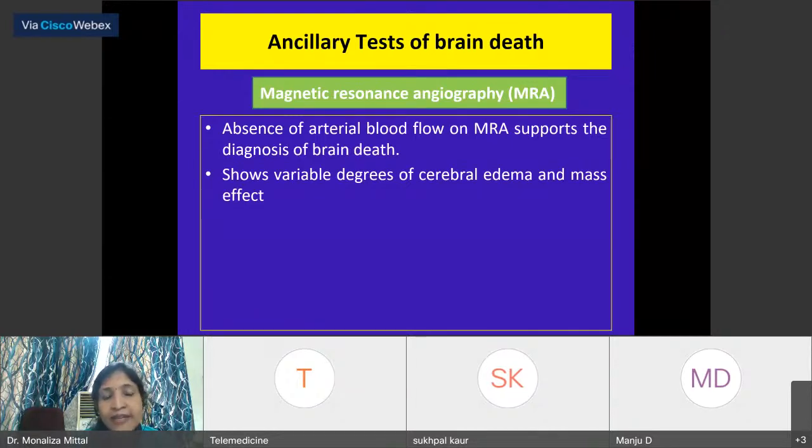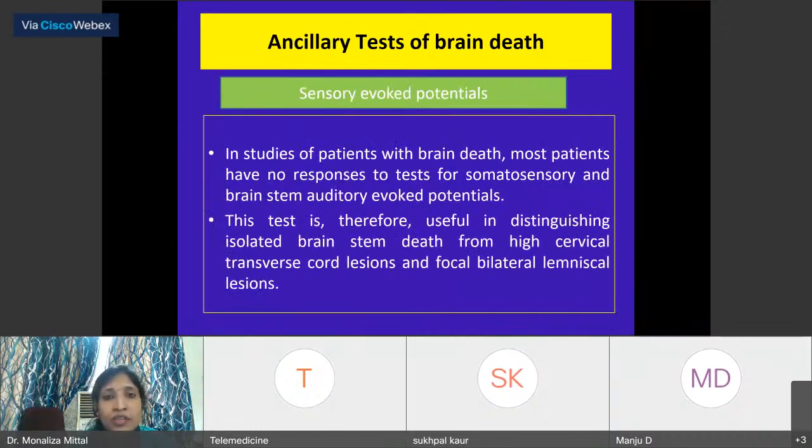Then MRA, that is magnetic resonance angiography. Absence of arterial flow on MRA supports the diagnosis of brain death. This MRA will show variable degree of cerebral edema and mass effect as well. The other is sensory evoked potentials. In many studies of patients with brain death, most patients have no response to tests for somatosensory and brainstem auditory evoked potentials. So this test is useful only in distinguishing isolated brainstem death from high cervical transverse cord lesions and focal bilateral